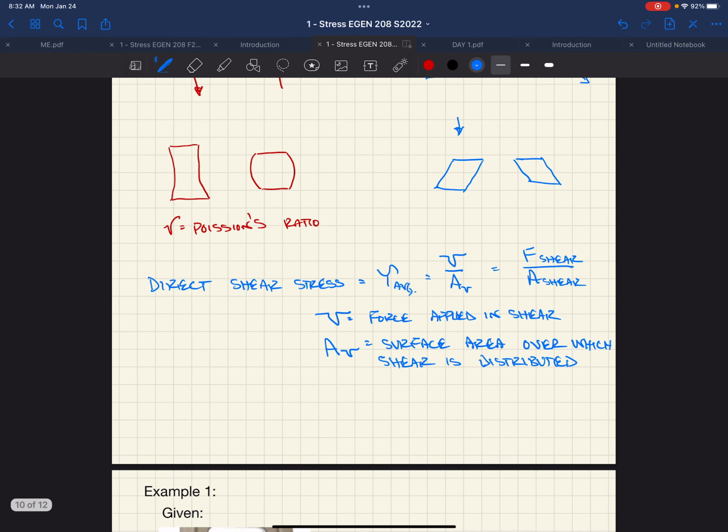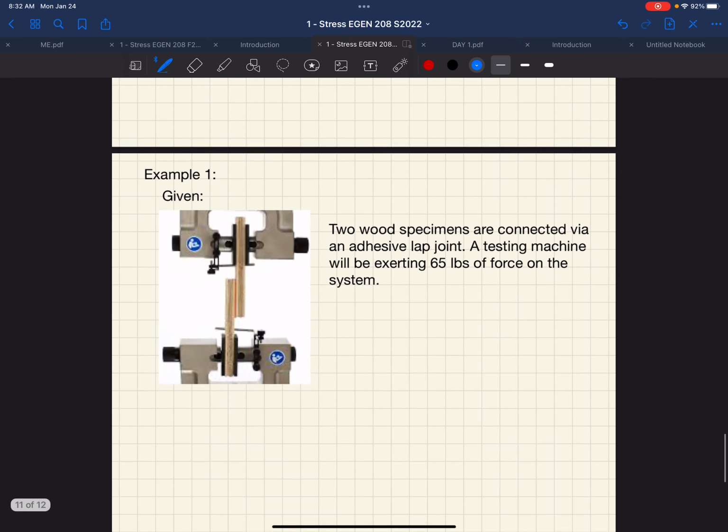Right. And these are parallel to one another. Our applied force V is parallel to the area in which that force acts. Yes? Can you give us an example of shear? Like, what would be shear? So shear would be like,